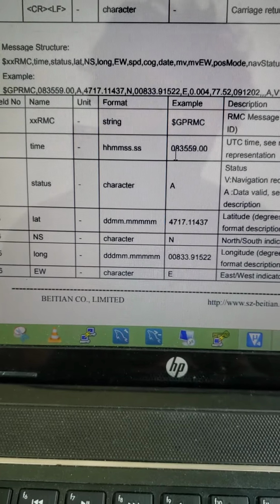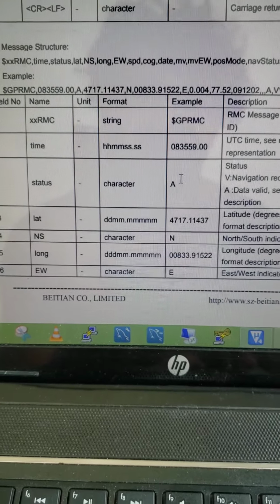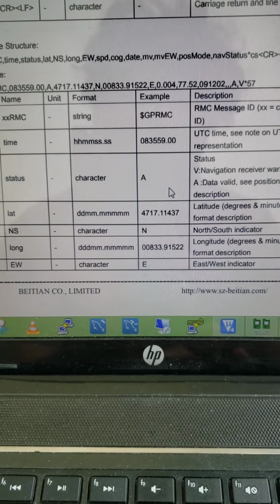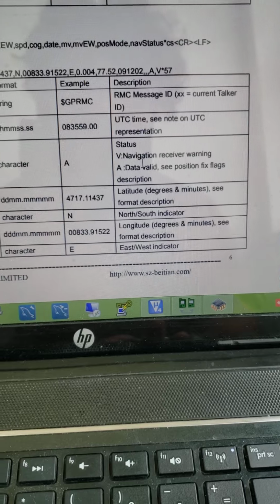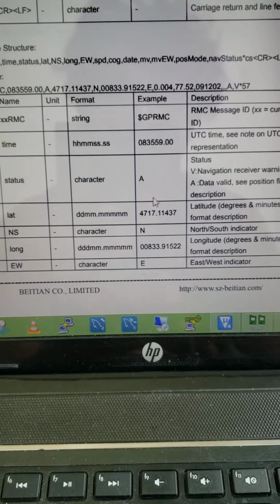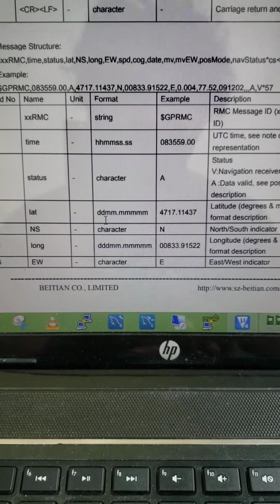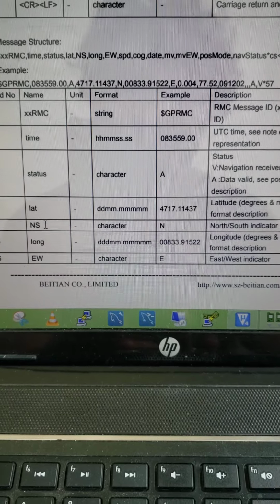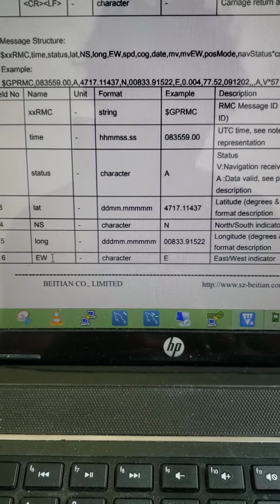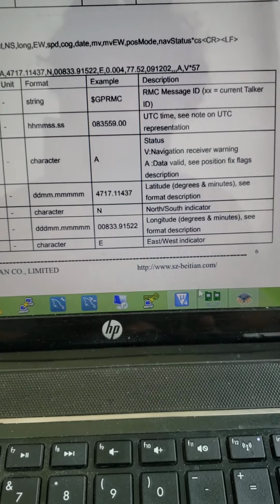First this shows the time, then the status. If the status is A, then the data is valid, and if it's V, then it's a navigation receiver warning, meaning there is some mismatch of the data. Then after that comes the latitude, then north or south, then the longitude, and then east or west.